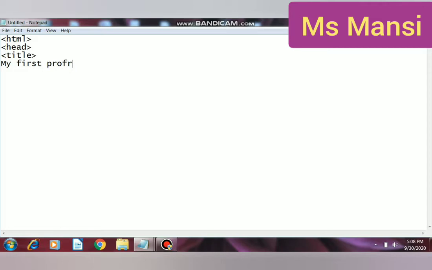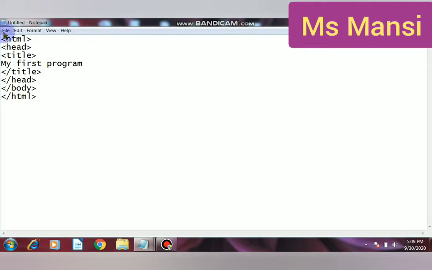Heading title is my first program. Then title close with slash like this. Then head close. Then body close. Then HTML close. This is the way to create a HTML code.